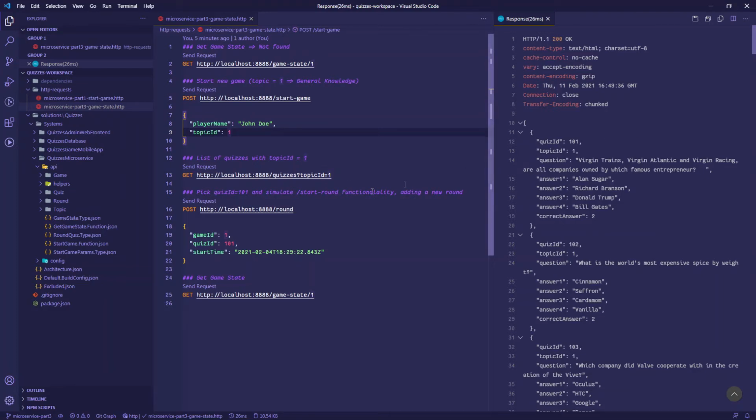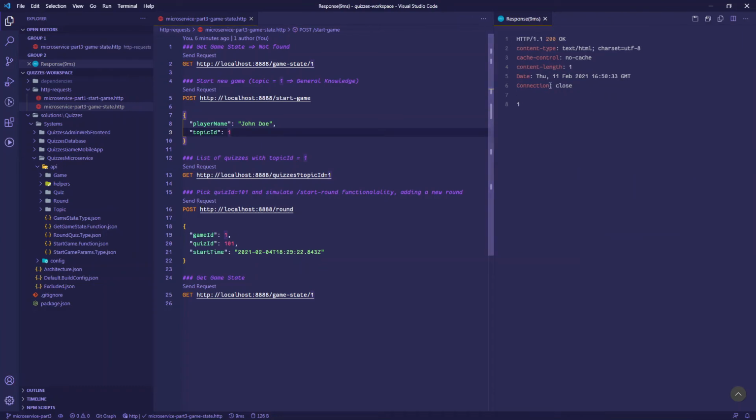Now let's simulate the start round endpoint, which we have not implemented yet. This will add a new round with a random quiz. So we insert a round with the game ID number 1 and a random quiz, which we manually selected, the 101, and a start date time. Now that we created a round and simulated the functionality of the start round endpoint,